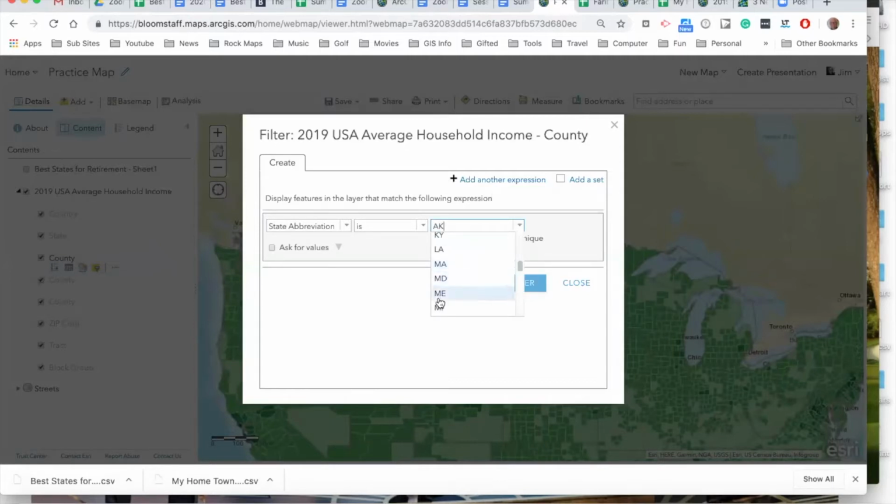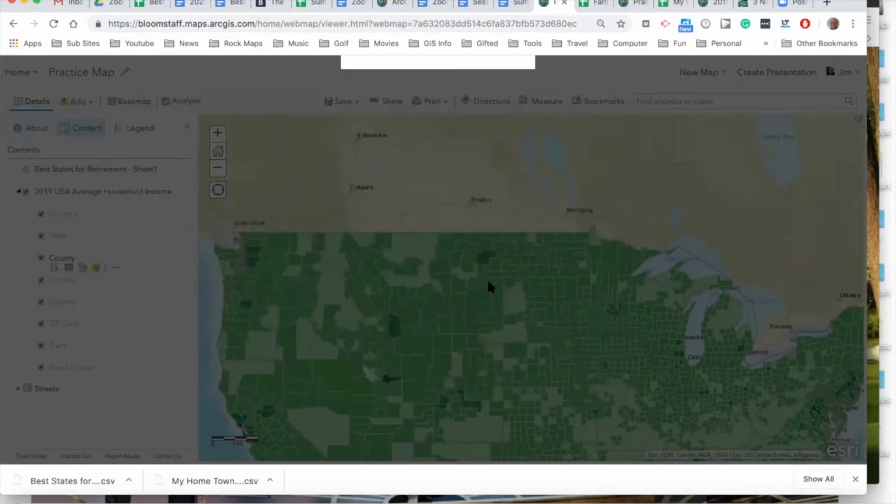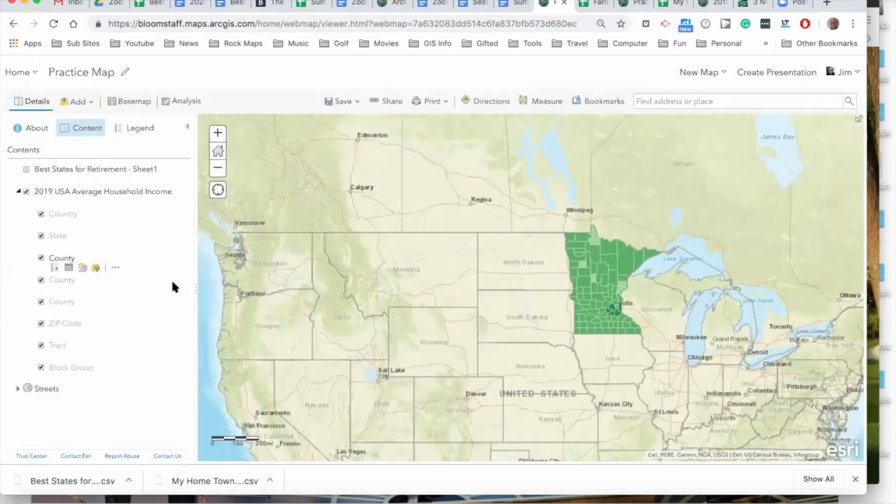So this was probably not a good example to give you, where we got all these multiple layers here. But anyway, the same thing happens. So you could, if you took the time, take all the layers and have them just be Minnesota only by using the filtering system. That way you can isolate things that you want kids to look at. And now that we've got Minnesota here,